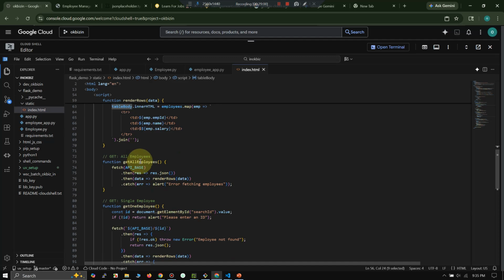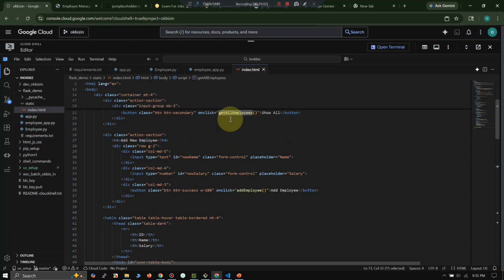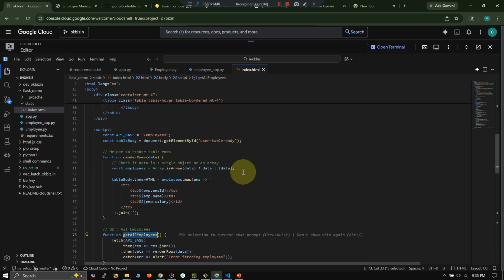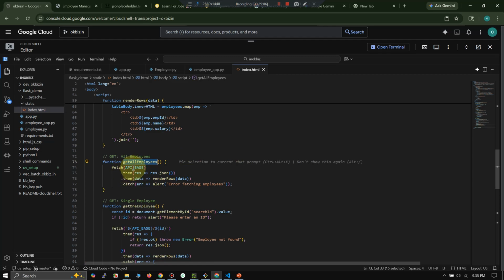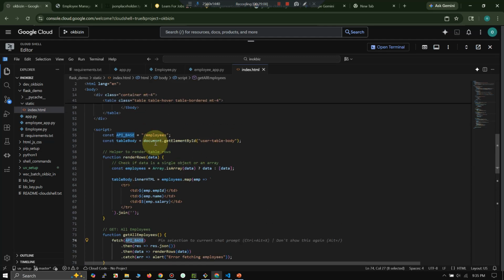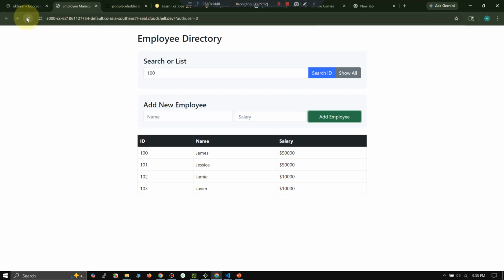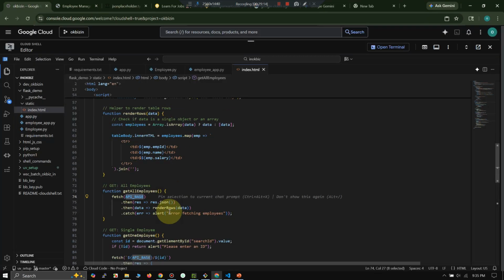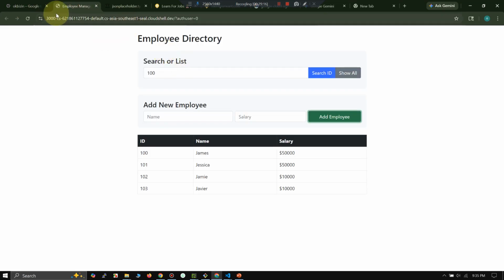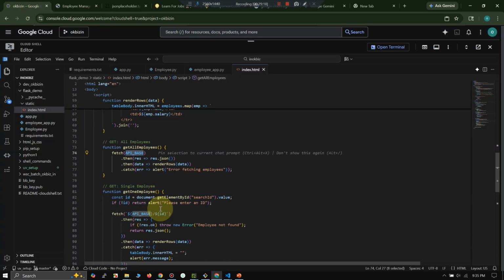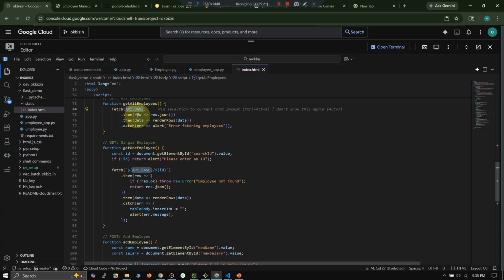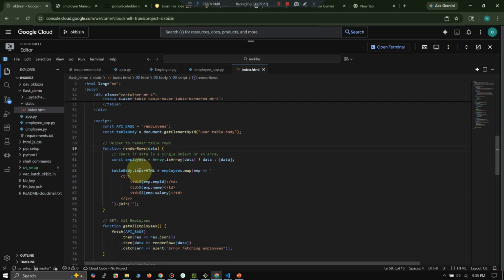Essentially, now let's look at the function getAllEmployees, which is called from here, right? What we're doing here very simply is just calling the API base, which is slash employees, but behind that will be the URI of our server. If it were localhost, it would be localhost, but here in this case, it is this one. Then what it does is bring the data and then call another function to render rows, so if you go down, what it does is